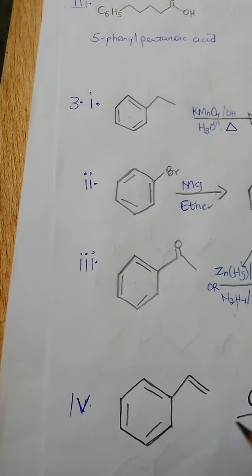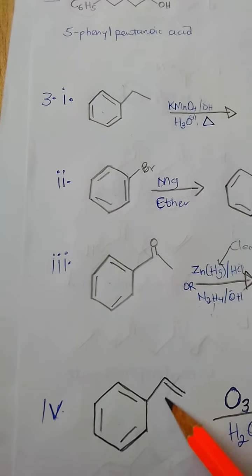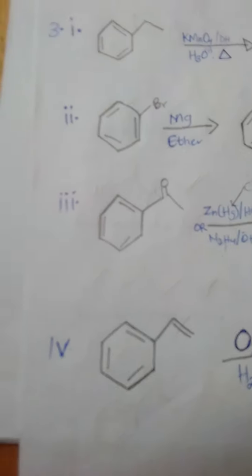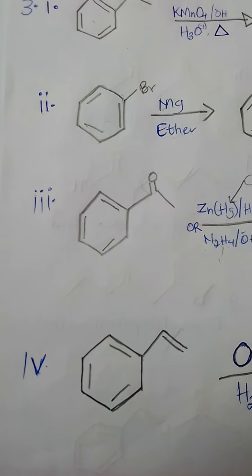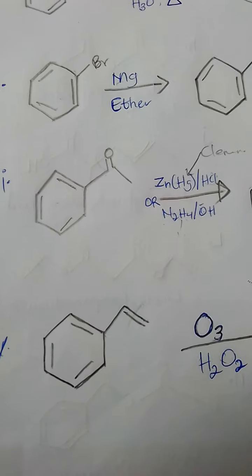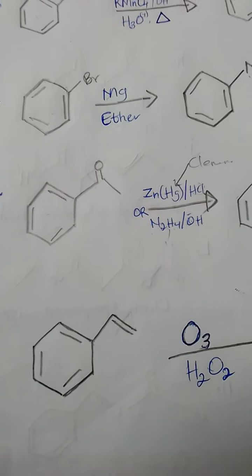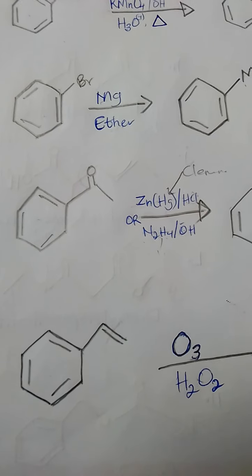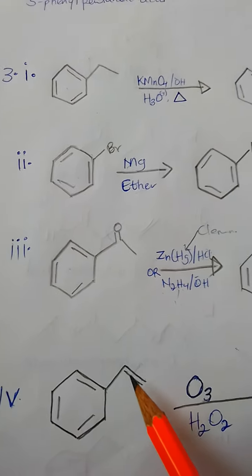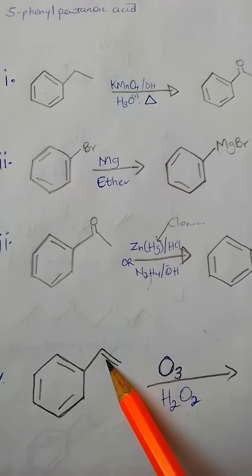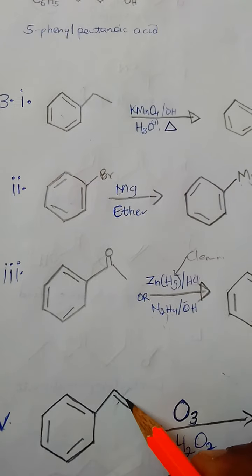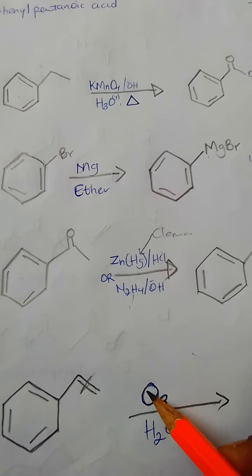Next, we have an alkene. Now, to show how you can produce a carboxylic acid from this, we do what we call oxidation of alkenes. Here we do ozonolysis or ozonolysis cleavage. We are going to cleave the double bond here and form carboxylic acid at this side and this side. So when this one cleaves here using ozone followed by a peroxide,